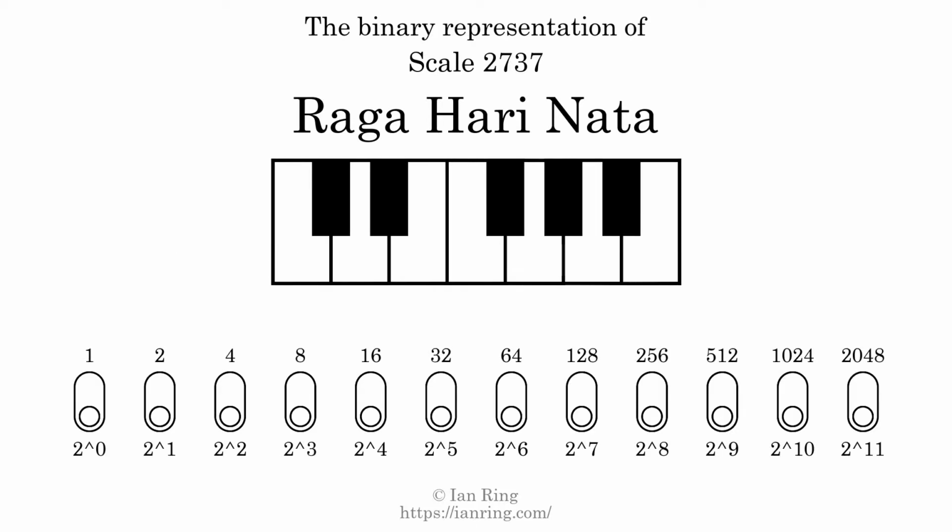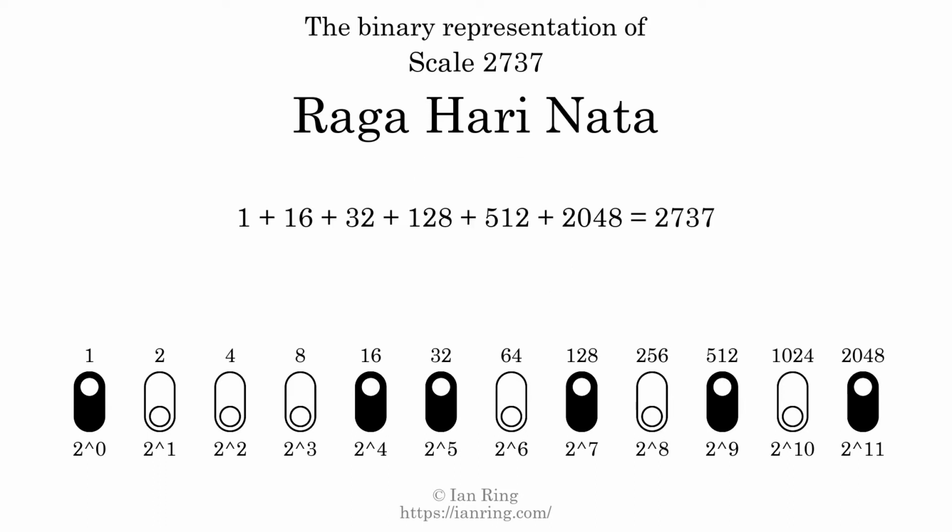The binary representation of this scale is determined by mapping tones of the scale to binary digits. Each binary digit represents a power of 2. To get the scale number, we add the powers of 2 together. The powers of 2 that are present in the scale, all added together, equals 2737. That is why the scale number, in decimal, is 2737. The scale number not only enumerates the scale with a unique index, but it also literally describes the tonal content of the scale. Represented as a binary number in base 2, the scale number is